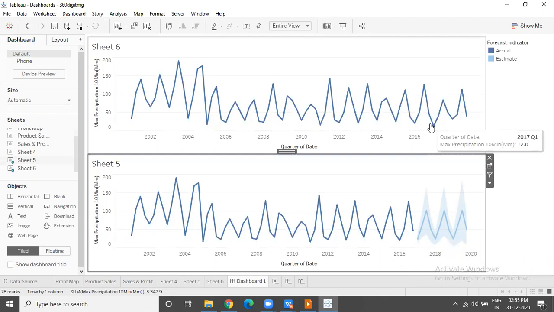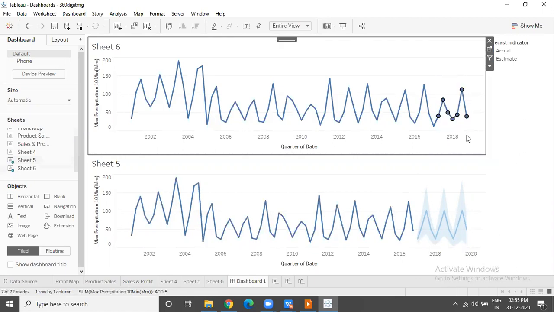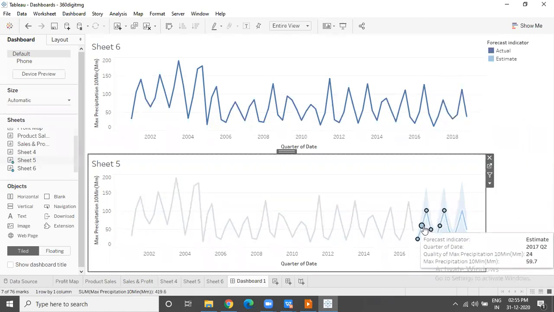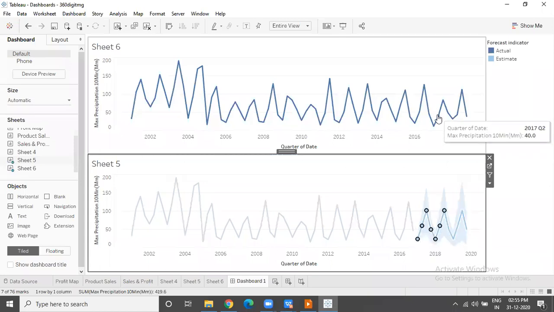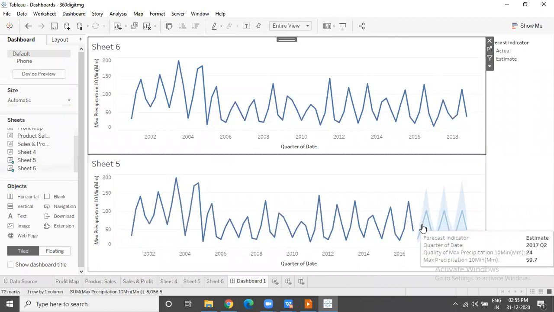What happened in reality, and by taking some test data when we do the testing, like we call this test data and training data, right? Something that we have but are ignoring, to check the accuracy of the model that we have built. So we can compare the actual with what we have estimated. And we can clearly see that what Tableau is estimating is way off, not very close to what is happening in reality. So we can say that this model somehow is not holding good for the given data.